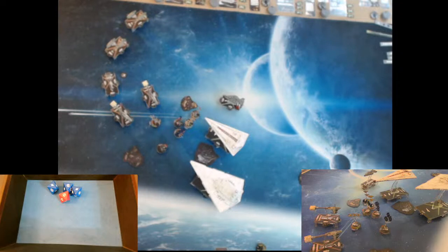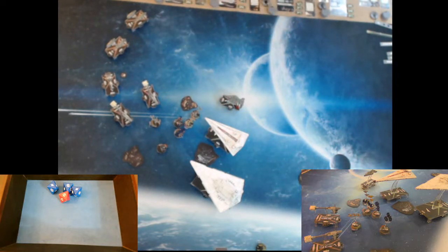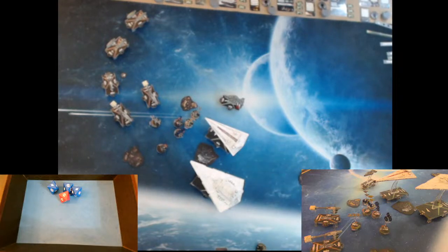So let's see. Fronting the front. Hitting the front, 4 damage. We're at long range here, correct, and this is a long range shot. Correct. So let's go ahead. That's Vanguard, right? You have a redirect down here. Do you need a redirect? Yeah, if you have a redirect token, that'd make my life a little bit simpler. Forgot to bring it. Thank you. Is that easier? Yeah. And I'm like, what tokens do you actually have over there? Yeah, I've got hidden tokens, stealth tokens like TIE Phantoms. Alright, so...